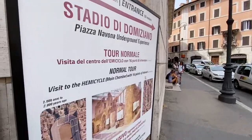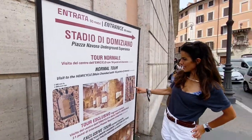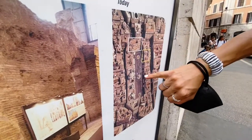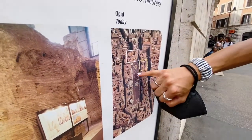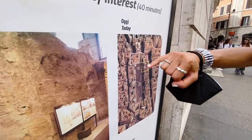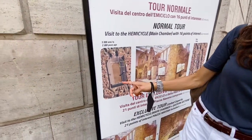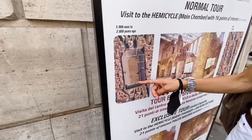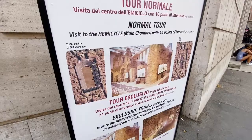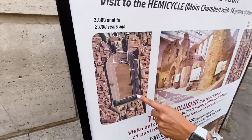So this is Piazza Navona today. You see this is the piazza, the square, the church of Borromini, the three fountains. This is where the shop of the dolls was. Now we are in here. And look at how this place looked 2,000 years ago. The piazza basically recalls exactly the same shape as the Stadium of Domitian. This was the stadium. So flat